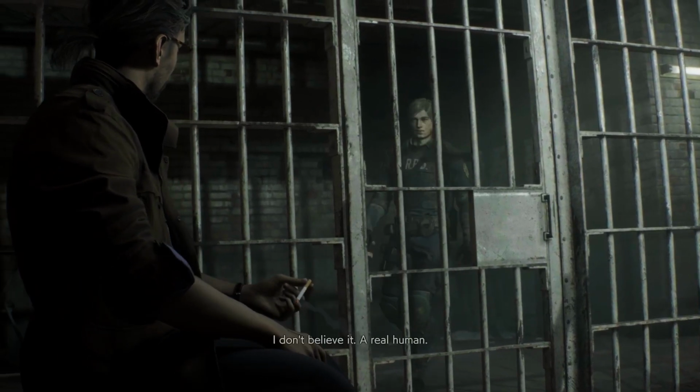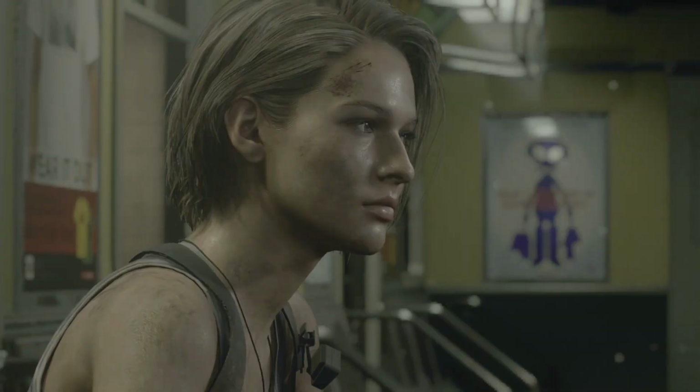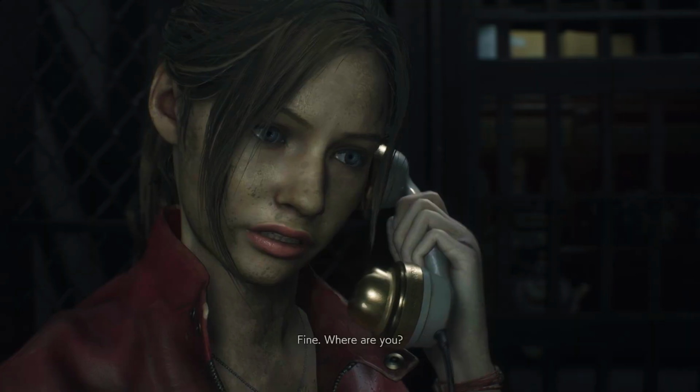That's a really pessimistic outlook though. Isn't there something a little bit more hopeful? How about this? Only through trust can we avoid becoming monsters. The only thing we can really count on are the people inside the city that are incorruptible. Jill Valentine, Chris Redfield, Leon Kennedy, Claire Redfield, etc.